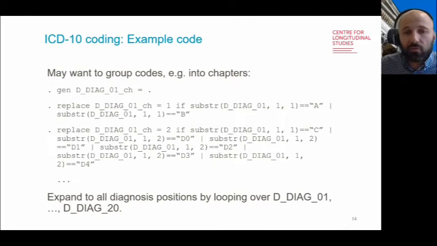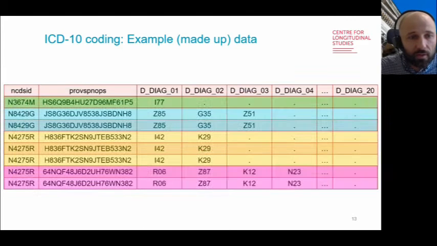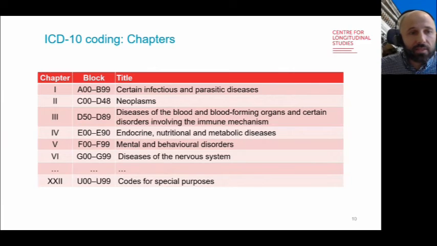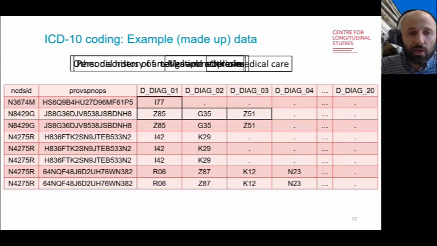So here I've gone from one extreme of granularity, maybe too far in the other direction, to just group these into their chapters. So if I just skip back to the chapters, we can see here chapter 1 was all the codes beginning A and B. Chapter 2 is all the codes beginning C and then D up to D48. And we can just write a little bit of code that will